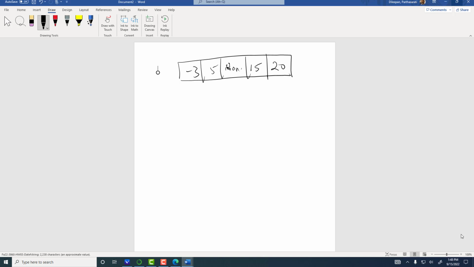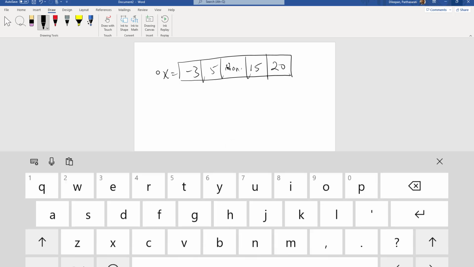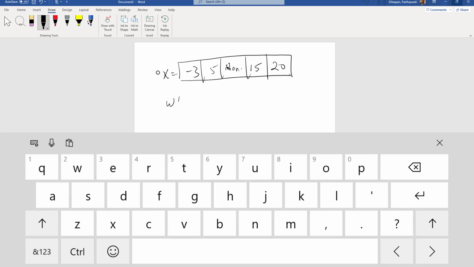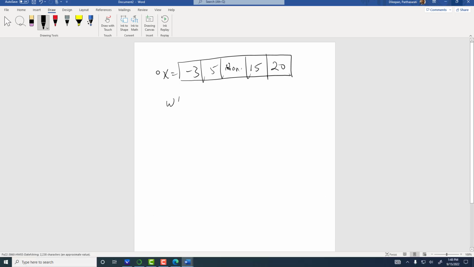Okay. So suppose if this is x, you're going to do while x, so that means it's going to loop as long as x has something in it. Okay. Once x is empty, then it'll get out of the loop. Okay. So then,